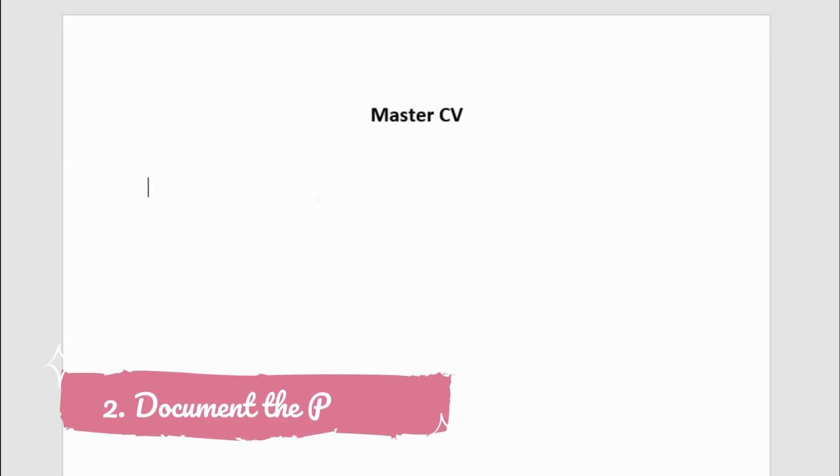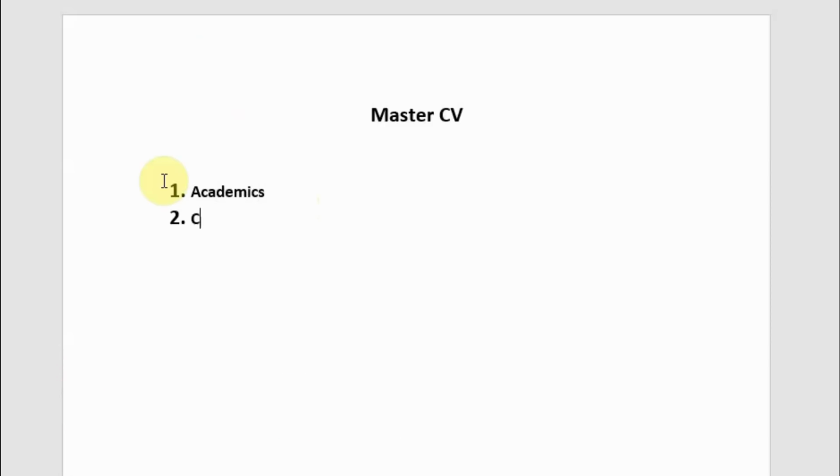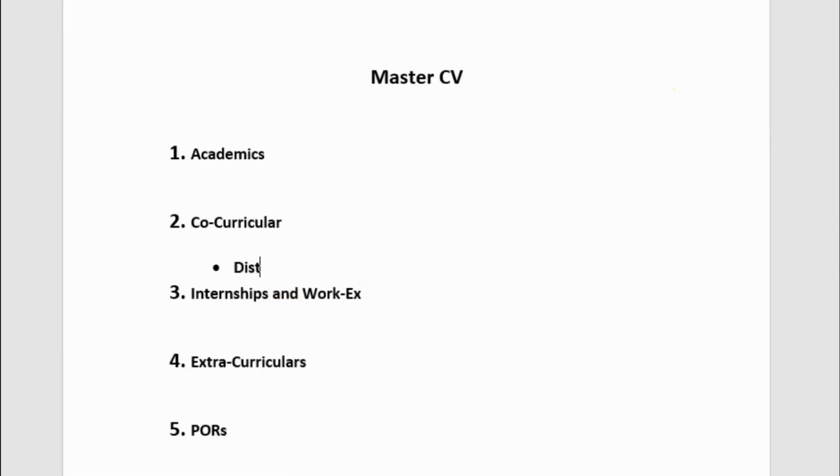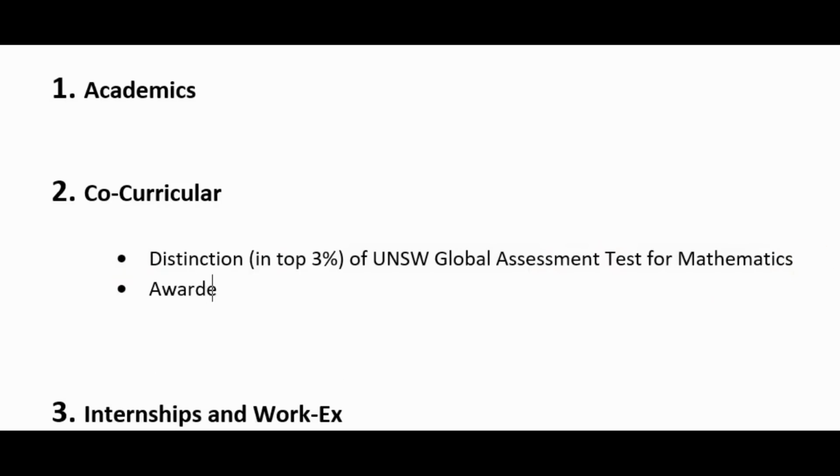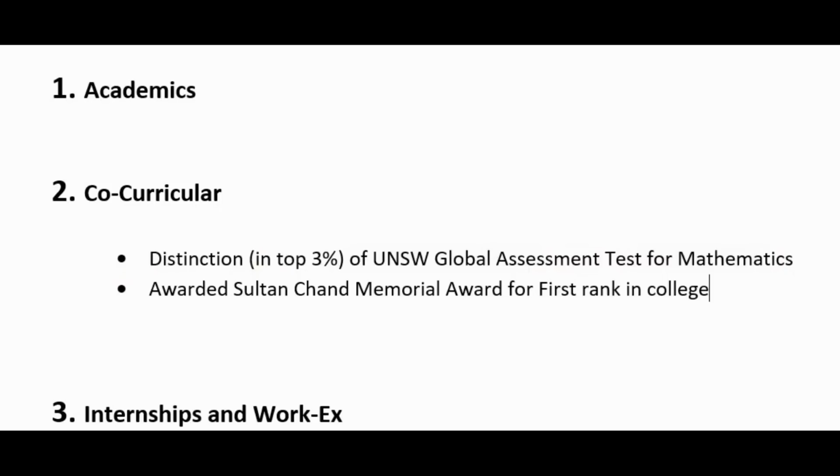Now we will document all these points under the different buckets that I had mentioned earlier. So we'll simply note down the names of these buckets and then pick each certificate and see which bucket it fits under. Please note that at this stage you don't have to worry about the framing of the point. Right now just focus on mentioning the point so that you understand what the achievement is all about, and you can also copy the wording that has been mentioned on the certificate.